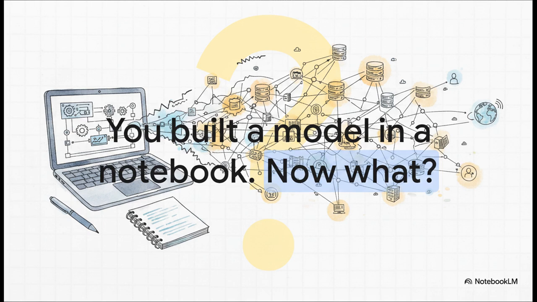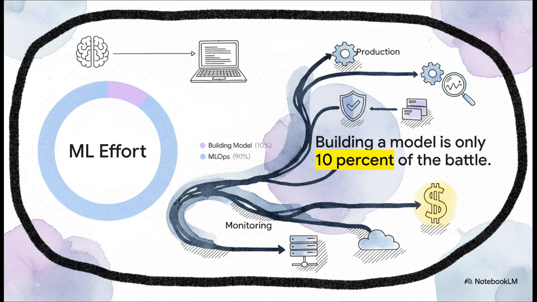Making an algorithm work once locally is an entirely different beast from deploying professional, production-ready software that the whole world can interact with. So here's the ultimate reality check for your career. Building the model itself, that's really just 10% of the battle. The other 90% is MLOps, or machine learning operations. Bringing a model to production, keeping it totally reliable, scaling it, and monitoring it, that is where your real value as an engineer actually lies. Because at the end of the day, businesses don't pay for notebooks, they pay for deployed software.